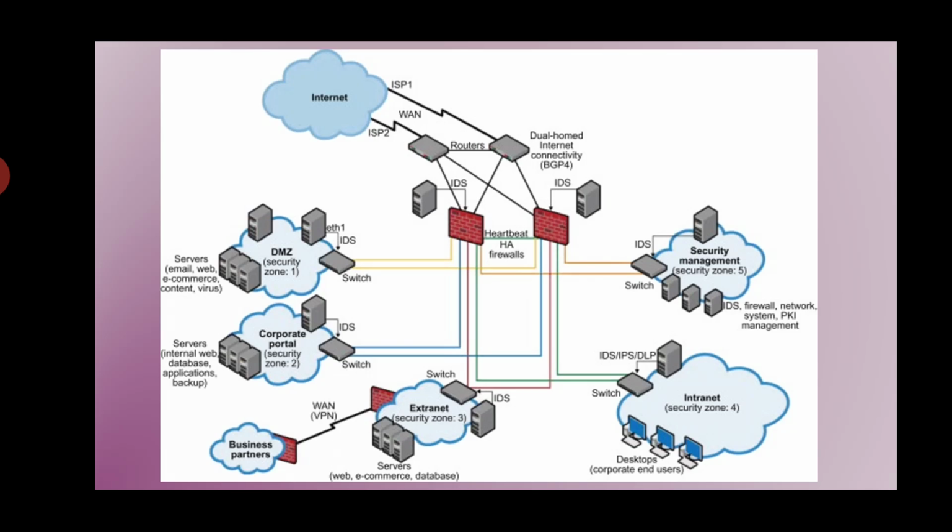Okay. And coming to the extranet, we are using some extranet in a wide area network. A virtual private network will be used for business partners. And coming to this extranet, we are using some security zone 3. In servers, we are using some web services and e-commerce services and database. Okay, we are storing some collection of records and data, and we are accessing some user applications also. Here, this is the complete cloud infrastructure security we are providing like this. It is represented as a diagrammatic representation of how it follows.